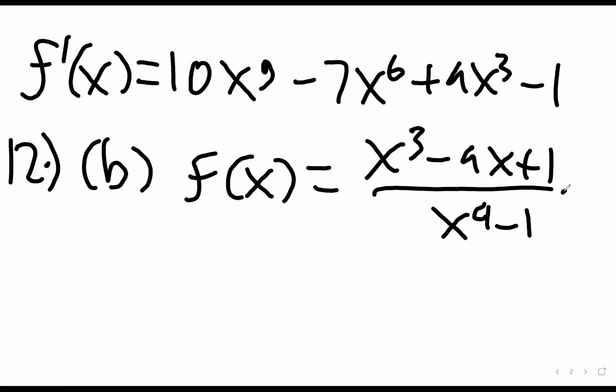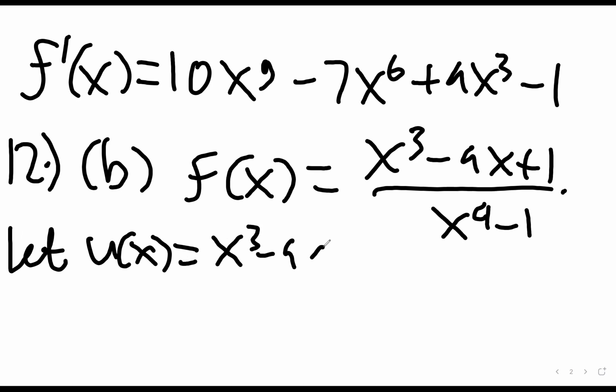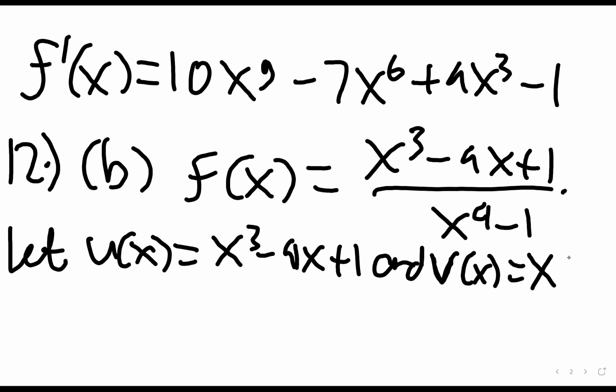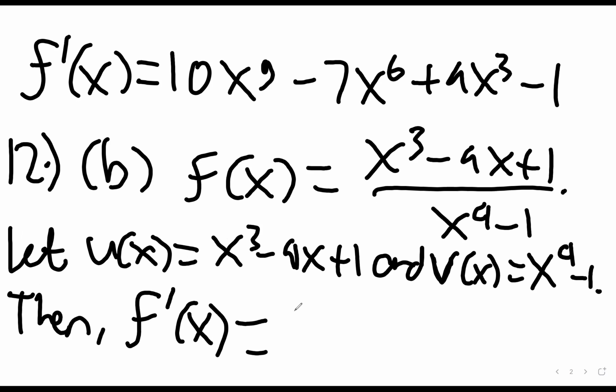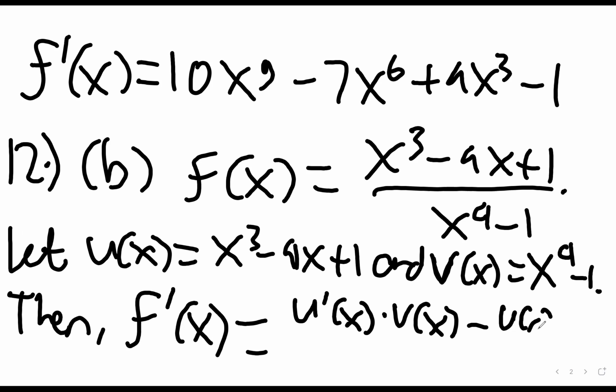Let us write u of x equals the numerator, x to the power 3 minus 4x plus 1, and v of x equals x to the power 4 minus 1. Then the quotient rule gives u prime of x multiplied by v of x minus u of x multiplied by v prime of x,